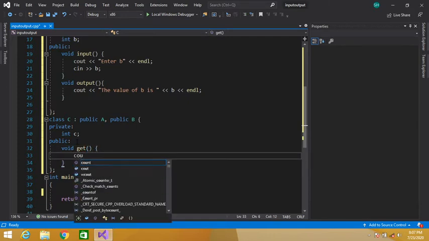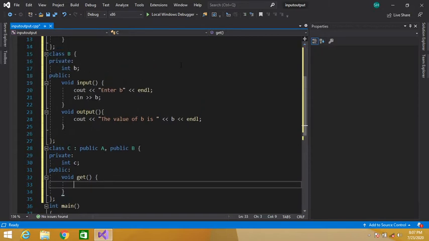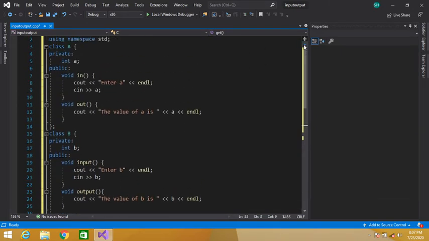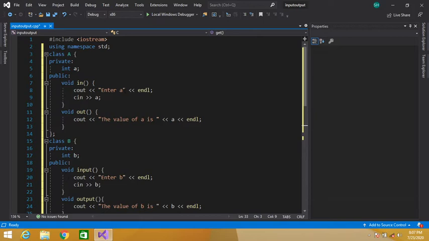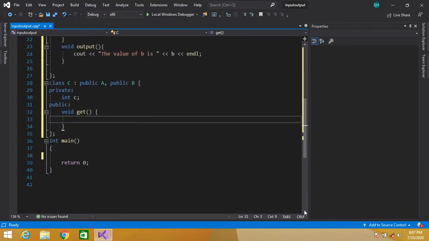Here we'll create the object of our C class, so we have to call both of these public functions, input and output functions of our two parent classes. Let's call this function here.